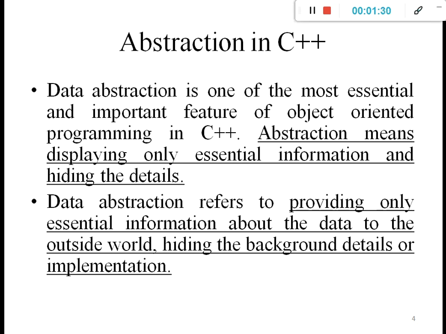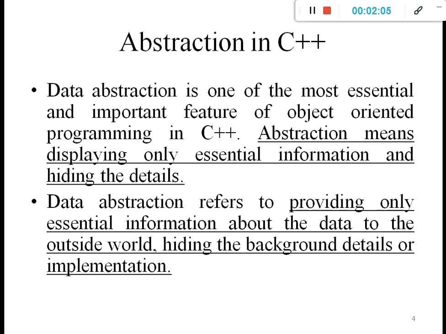In that case the system only shows you your balance, but behind the screen it executes a query related to select star from balance table for the particular person ID or user ID of a particular bank. The normal user views only the balance, but behind the screen there is other information that is hidden from the user. That's called abstraction.